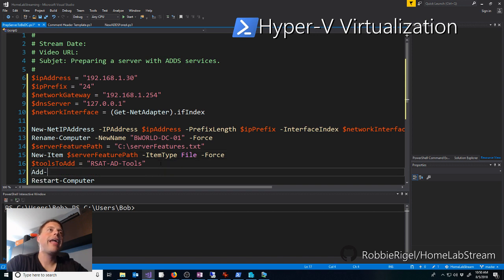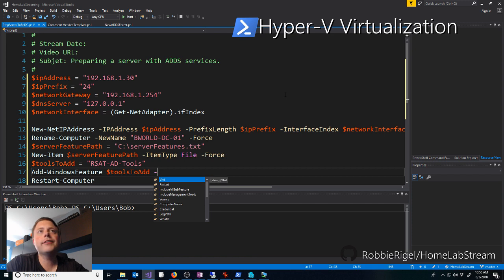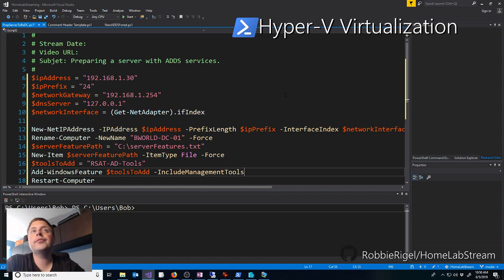Tools to add Windows. So we can do Add-WindowsFeature. And thank you, I would have forgotten to add the features we were adding here. There is this flag here that says include all sub features too. Include management tools here that you can add to it. So if I was